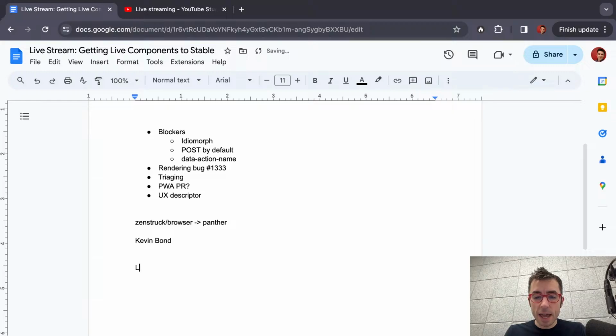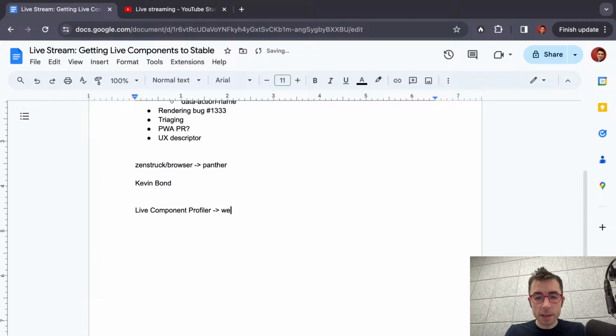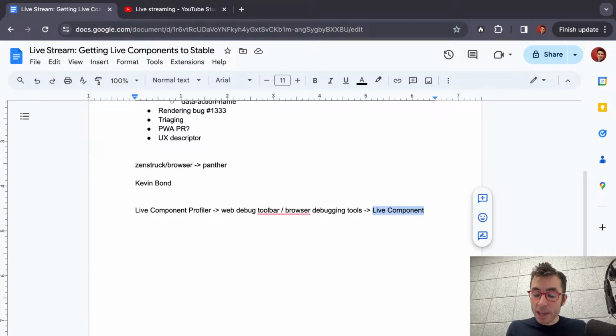One of the things that I would like to have is, for lack of a better word, a live components profiler. So almost think of like a web debug toolbar or browser debugging tools for live components. I think this is a really important thing that we should do over the next couple months. So something where you can actually see on your page what live components you have on your page, what state each of them has, what their props are, and how those props have changed over time,